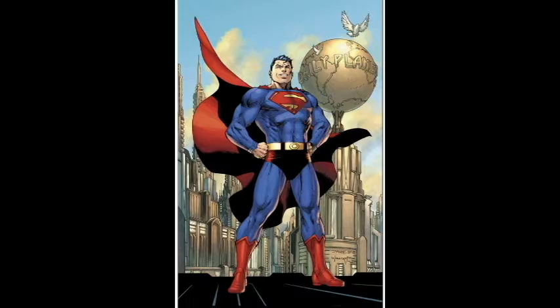But the New 52 removed the trunks. And with their exclusion came a new problem. There was no color balance to his costume. Sure, with modern coloring and printing, we can clearly make Clark out in a crowd, but the suit becomes a bit of a blah. It became, in a way, generic,